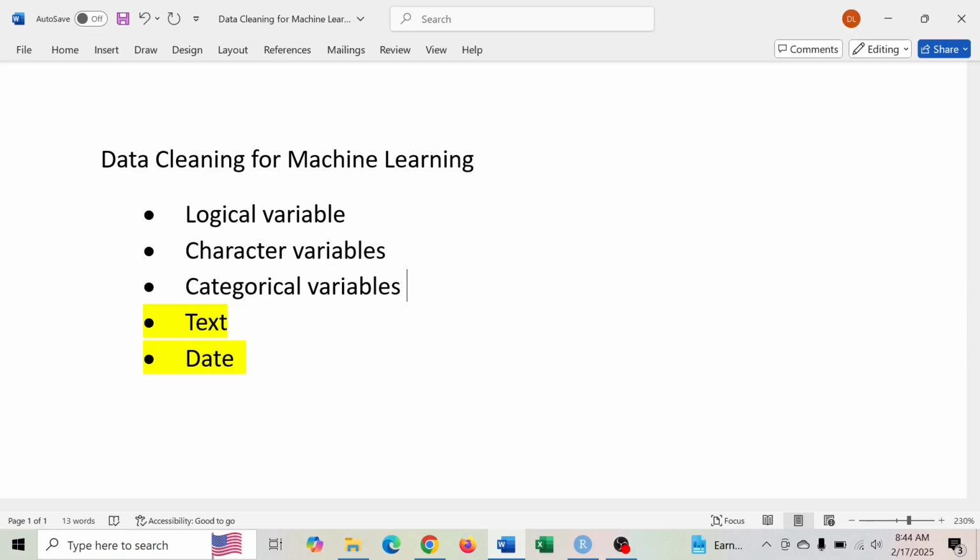For example, in the previous videos, we learned to clean the logical variables, character variables, categorical variables, and we also looked at text variables or strings. And we have said that